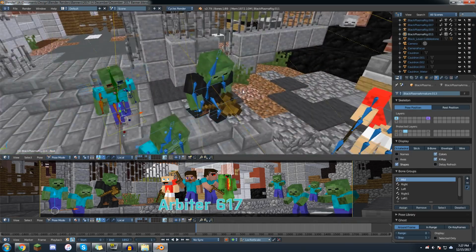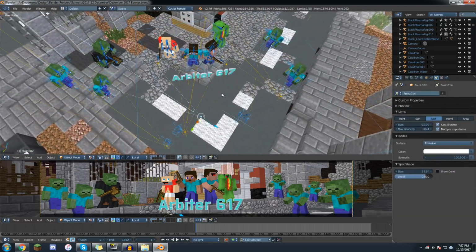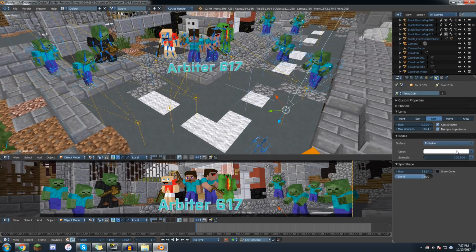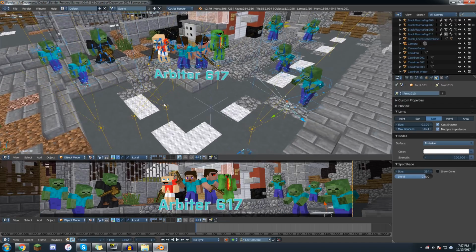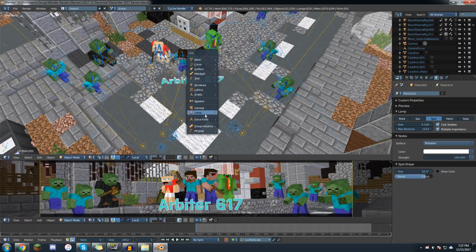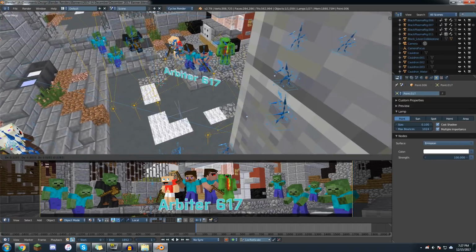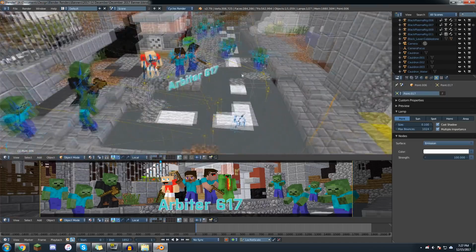Okay, so I've just added in a few more zombies now, and I'm playing around a lot with the lighting, making sure everyone's illuminated. You can also play around a lot with the colors. Sometimes these lights can be a little more orange. I also like to do sometimes, where we've got some basic light on them, something like a point light, and make an orange point light on one side,